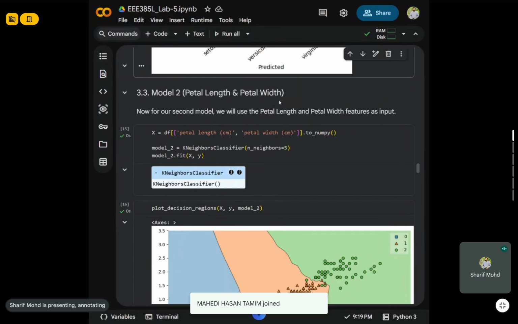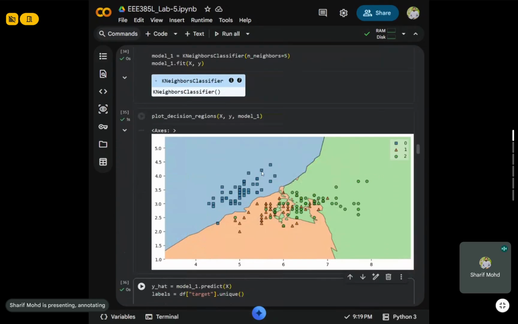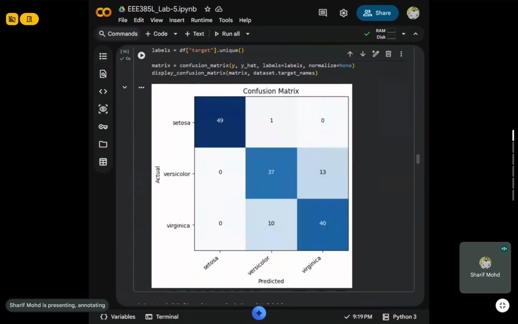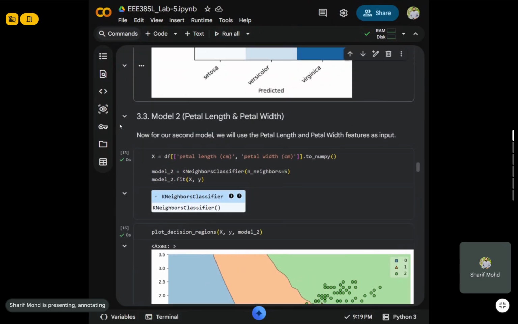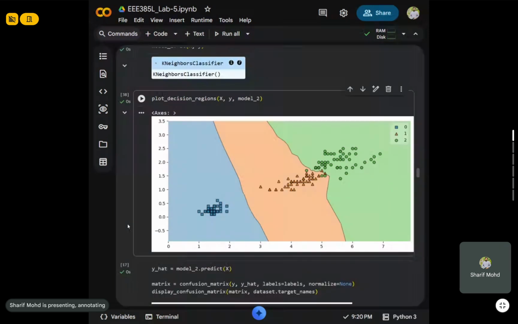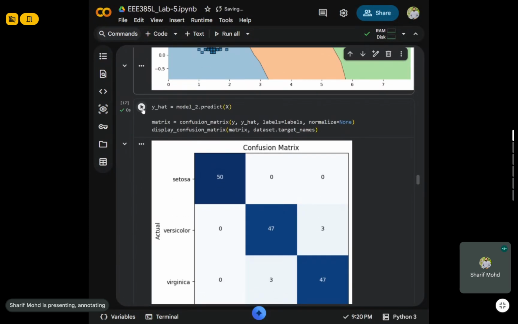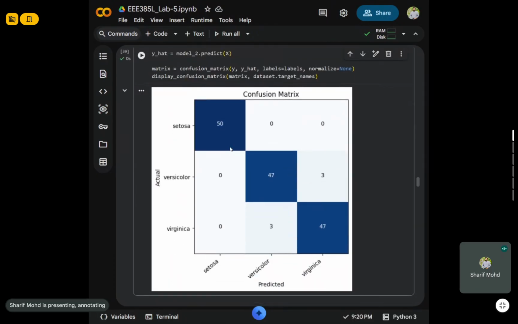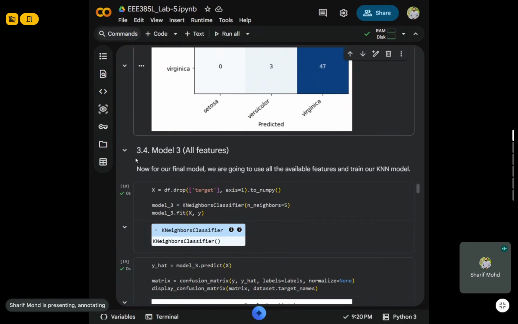মডেল 2 তে আবার আমাদের petal length and petal width, এটার আগেরটা আমাদের sepal length and sepal width, এখানে আমরা actually petal length and petal widthটা ইউজ করা হচ্ছে only। এখানে দেখেন this petal length and petal widthটা ইউজ করতেছি, and then here we do our classification, and you see the border looks something like this, right? And it corresponding to confusion matrix is second 50, 47, 47. এখন একটু চেঞ্জ হয়ে গেছে, 50 is the highest number, so it is the darkest blue।